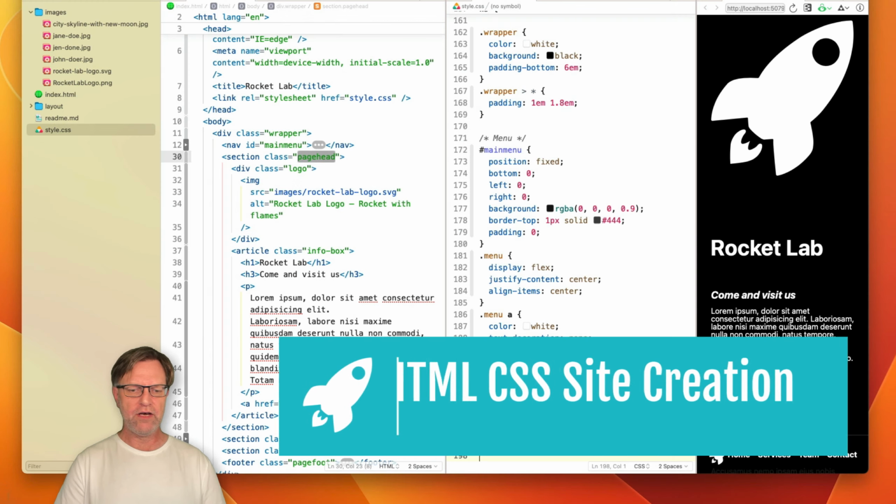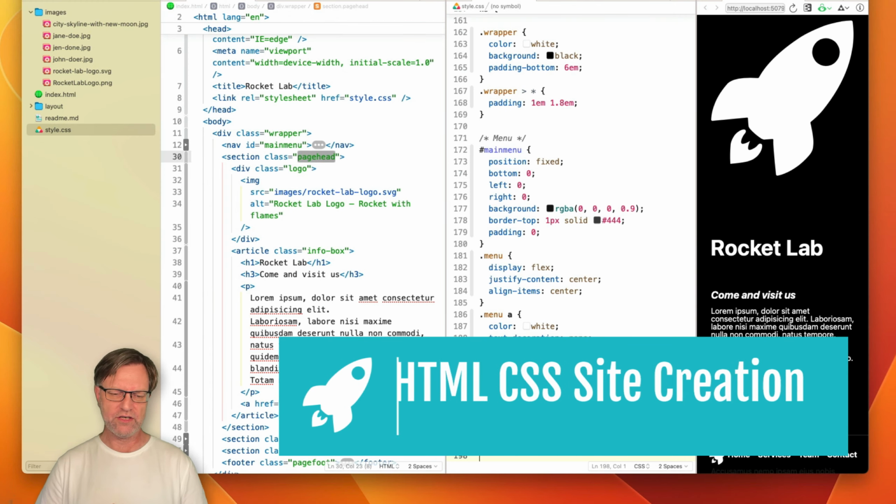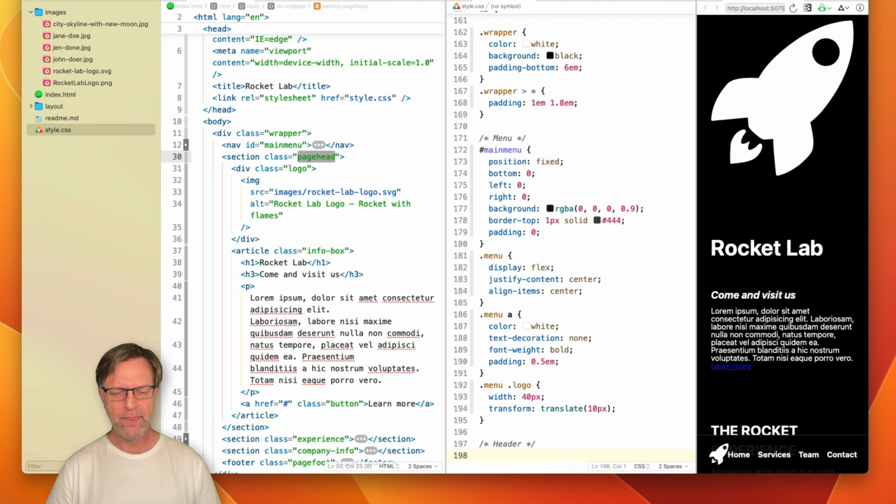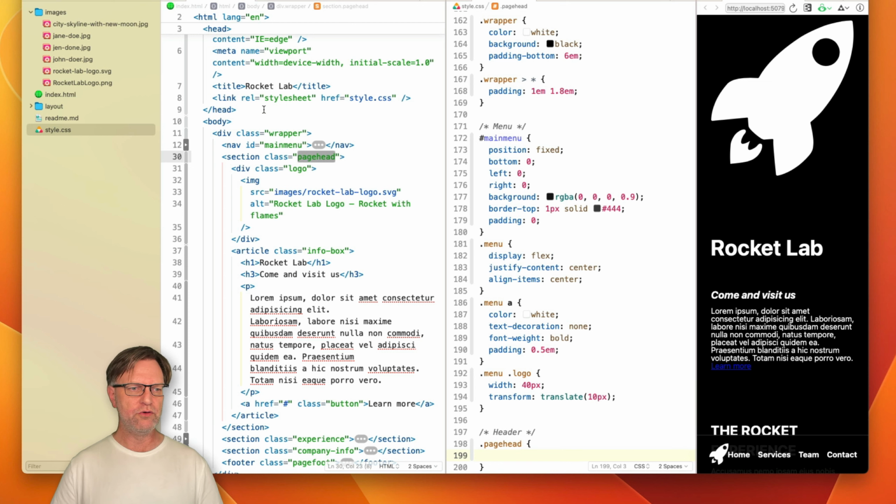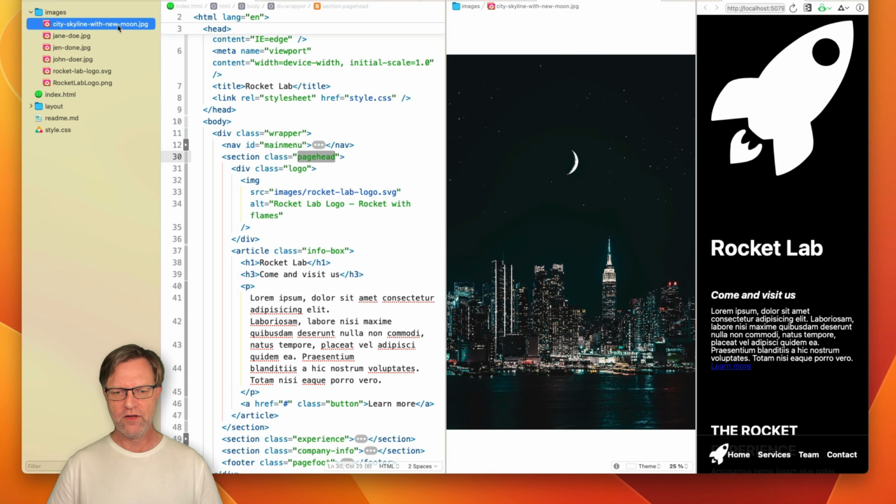So let's style the header. I added a small comment here to just say that here comes the styling for the header. Okay, the header is the section with the class of pagehead, and within that we have the logo and we have some text here. Probably we might not need to do that much with the header, but let's start with the page head. And what I would like to do here is use this image